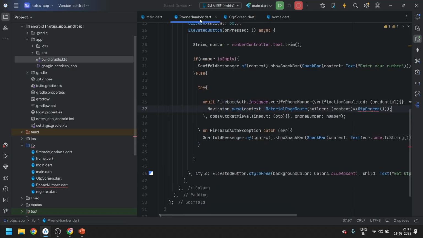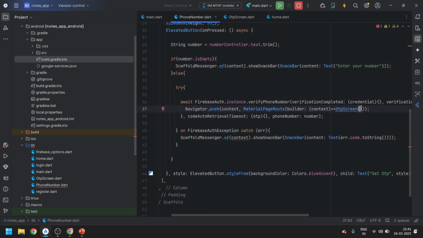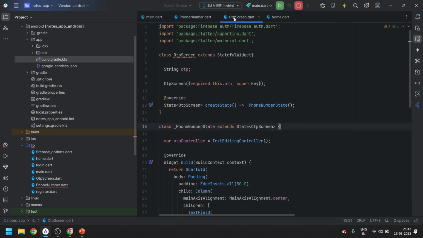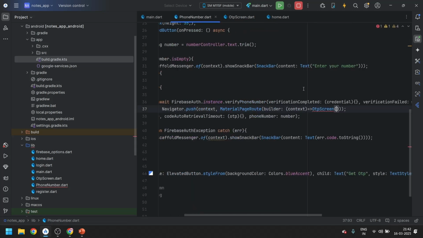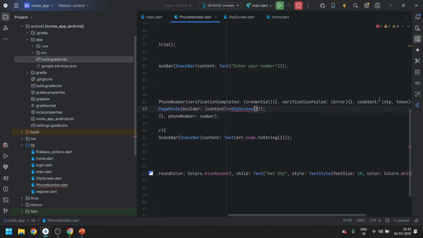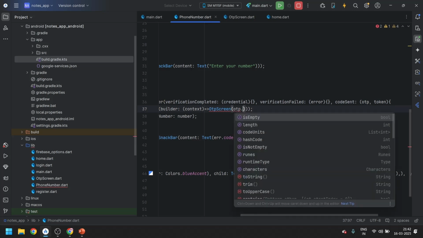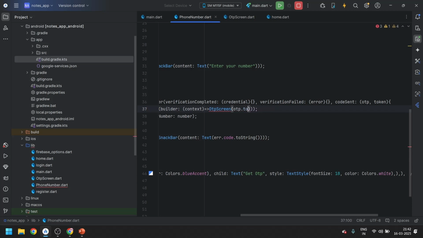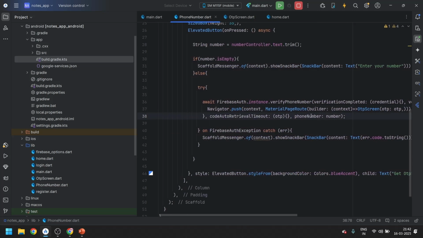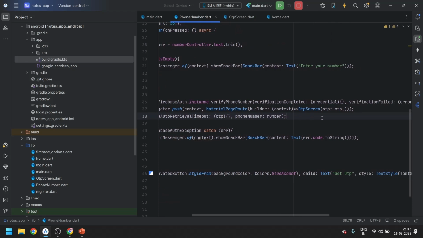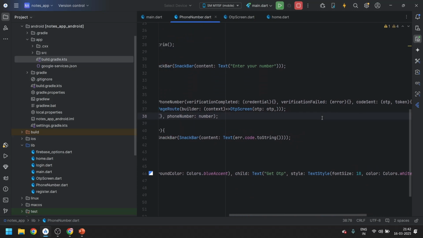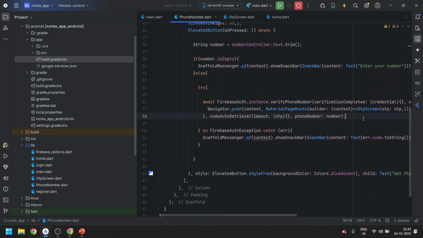So it's done. In the phone number section, you can see we get the error. It's telling us to pass the OTP. Of course, we need the OTP from here. So from where we will get the OTP? We are in the code sent function and we can already see that we are getting the OTP. So just pass that OTP dot toString. Okay, so it was a named parameter. So just let me keep OTP and pass the OTP. So it's done. Now you can see it's almost done. The OTP will be sent successfully from here.